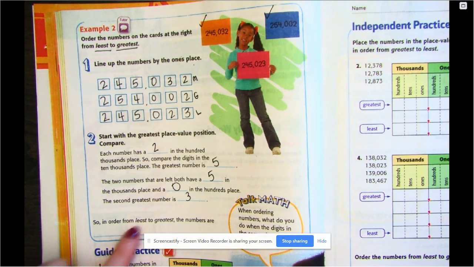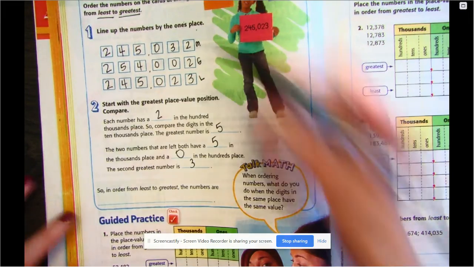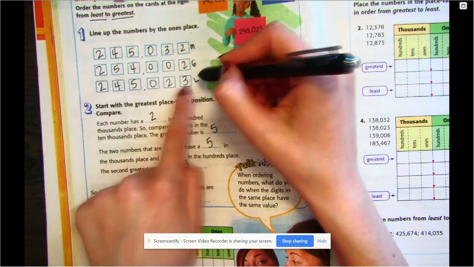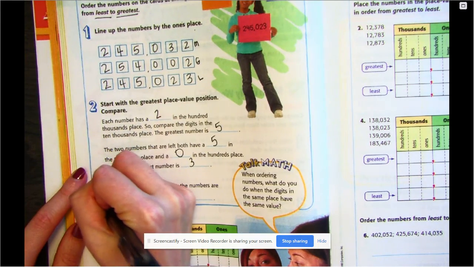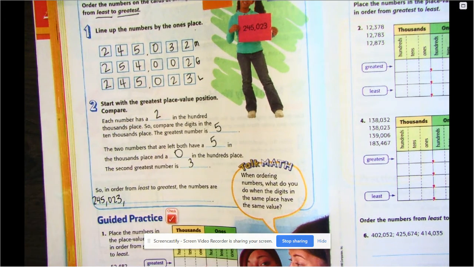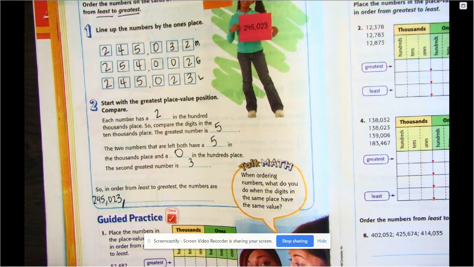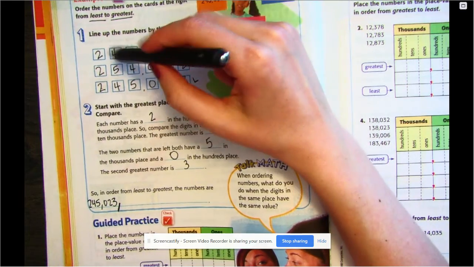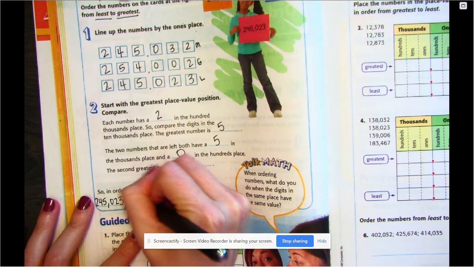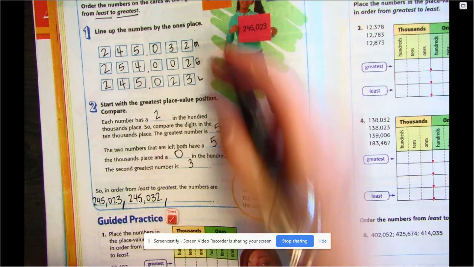So in order from least to greatest, the numbers are, and I'm actually going to write the full numbers here. So I'm going to look at my list. We're going from least to greatest. So this one has to come first. So we've got 245,023. I'm going to make this comma just a little bit darker so you can see the difference between the numbers. And then the middle one was 245,032. And then finally,